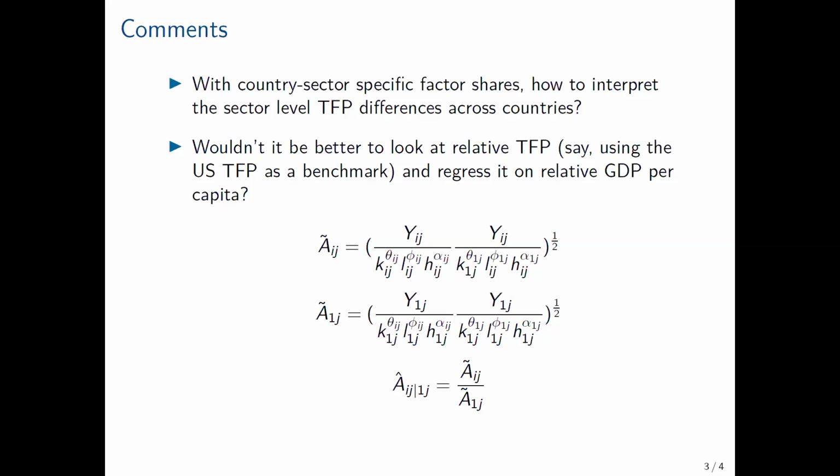Say let's use the US, and then you regress on the GDP relative to the US. And also with this relative measure, if the factor share is the same, then it's just your TFP relative to the US and how it varies across countries. So you'll come back to the standard one, just normalized as relative. So I think that would make it possible to control for some of these technology differences and then combine with factor differences.